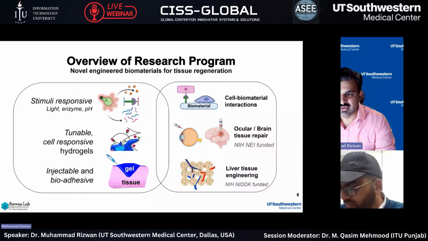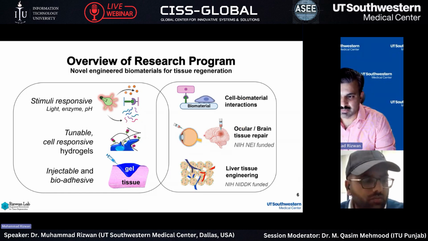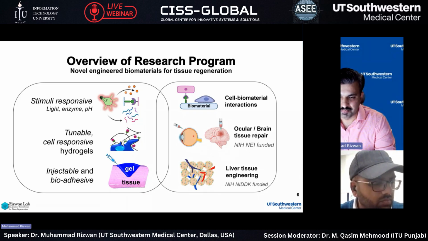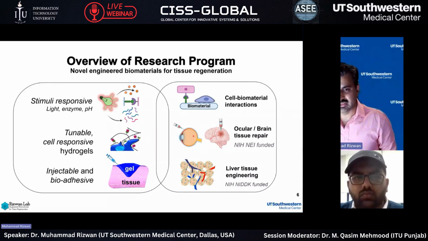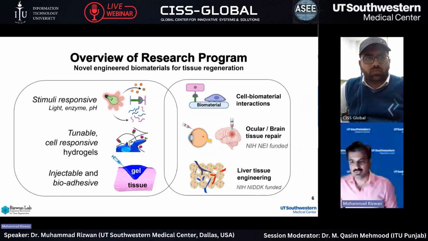And we use these biomaterials to understand how cells interact with these biomaterials and how we can then control the properties of cells by changing or tuning the properties of biomaterials. Another key theme in my lab is that we apply these biomaterials basically to solve problems. The key thrust area of my lab is to develop these biomaterials that we can use to grow